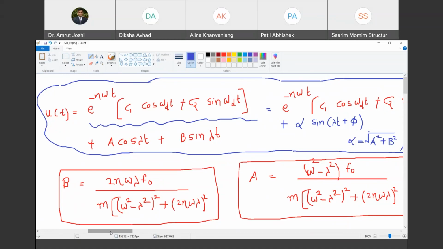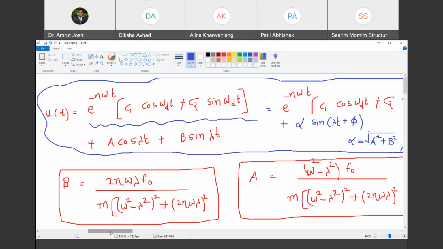Are you with me? So now this first term, which will be significant only for a short duration of time, what do we call this term? We call that term the transient response. The word transient means momentary. So you subject the system to P cos lambda t, and from the time you subject it, for 10 seconds or 5 seconds the system is going to have the first component dominant, first component comparable with the second component of the response. So therefore it is going to respond in a transient fashion.